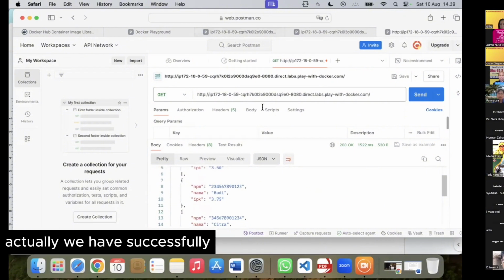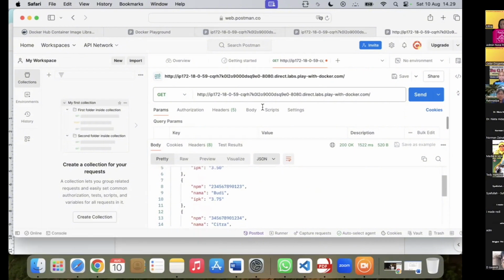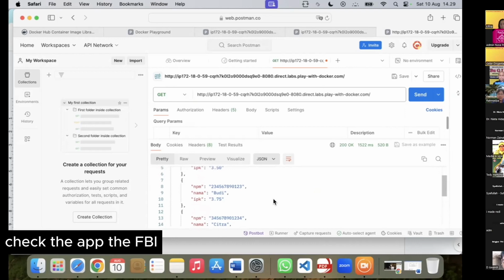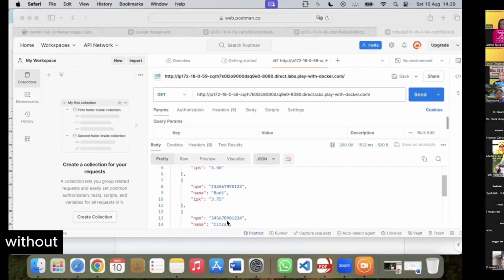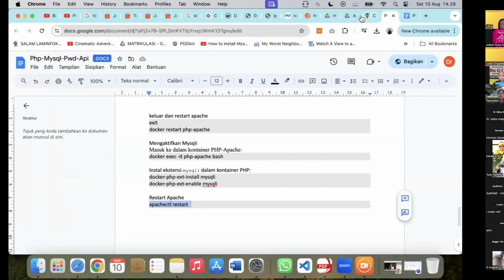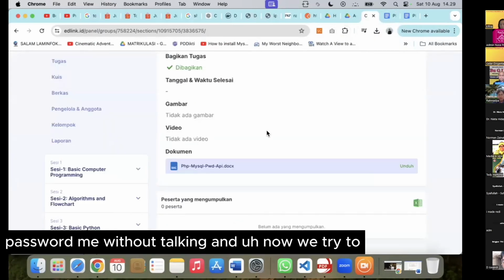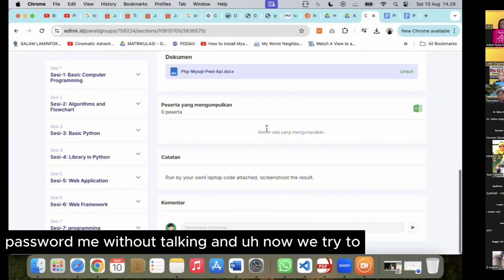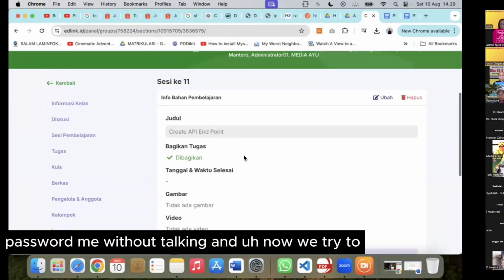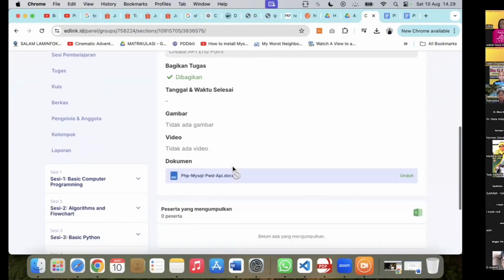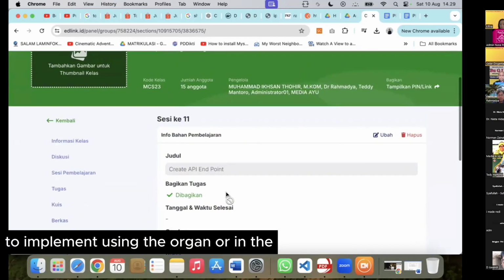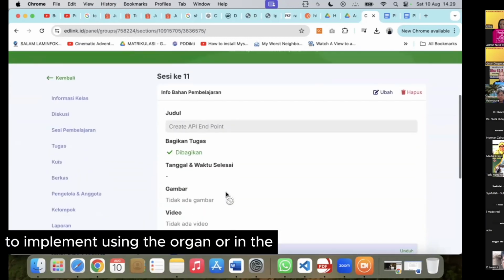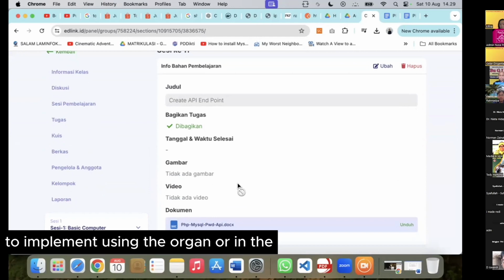Actually, we have successfully checked the API without password, without token, and now we try to implement it using the token.